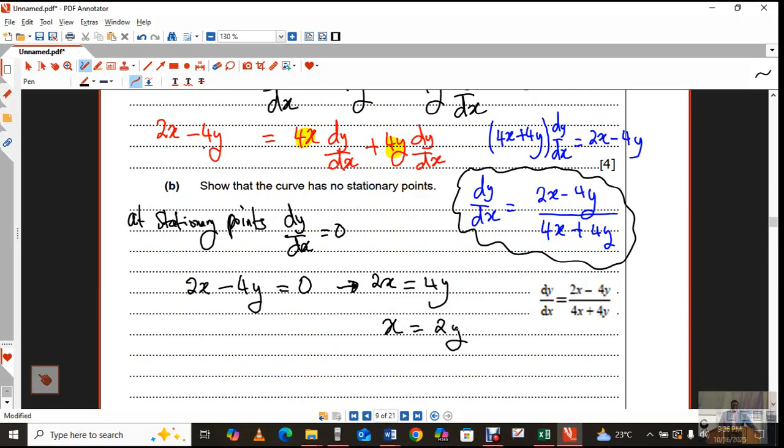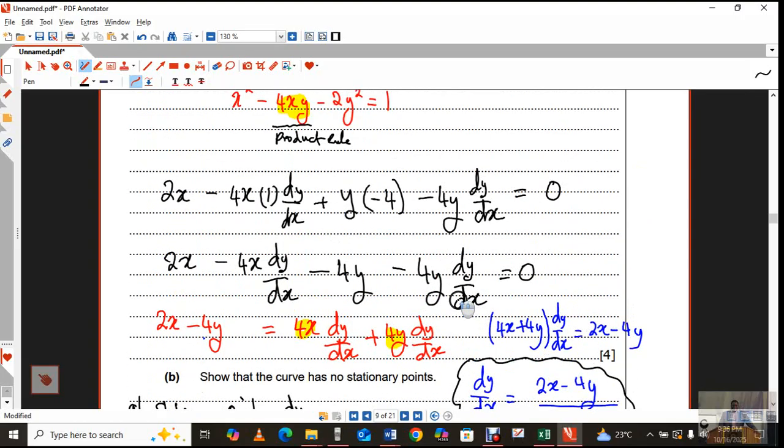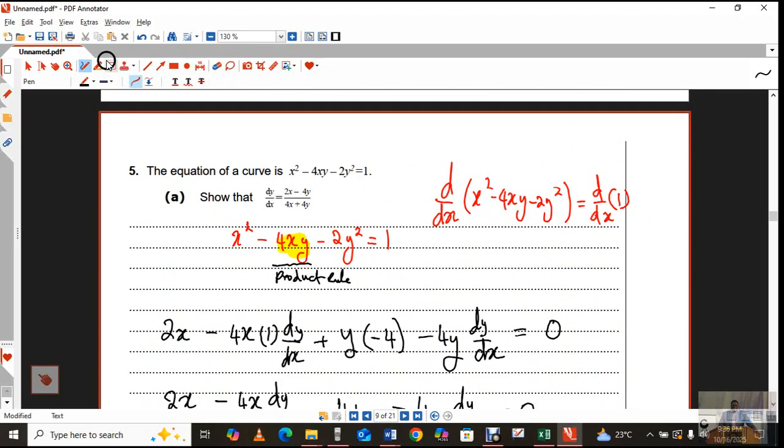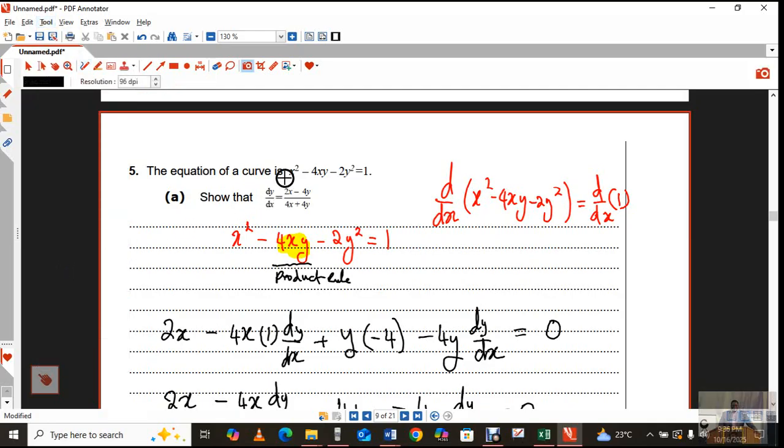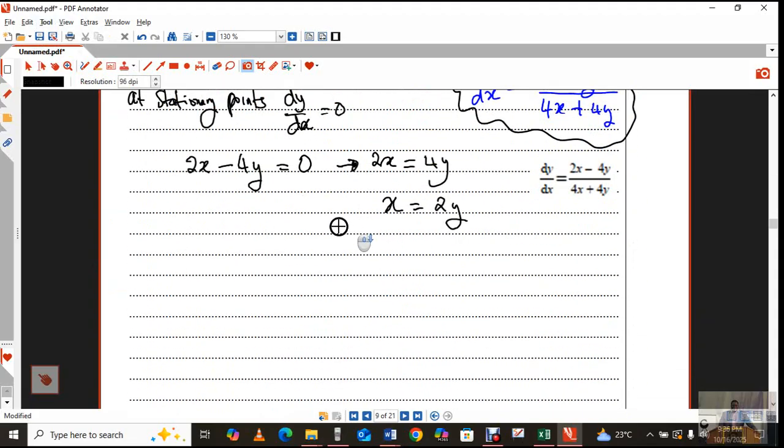Okay, what does it mean? Show that the curve has no stationary point. So we expect something that will not be able to have roots. This x equals 2y. I'm going to substitute it into the original equation in order for me to see what is going to be the possible outcome. So looking at the original equation, which is over here, everywhere where I have